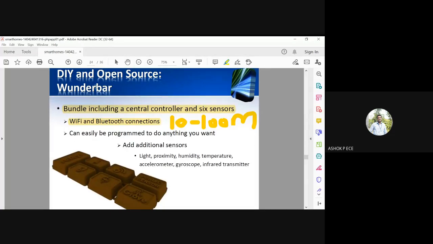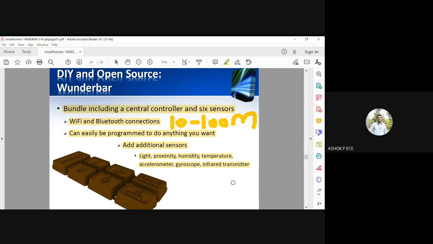This Wonderbar is also a processor which can be easily programmed to do anything you want. The additional sensors you can add are a light sensor for detecting brightness, proximity for detecting if any human presence is nearby, humidity to know how much humidity we have in daytime and nighttime, temperature of the surroundings, and an accelerometer and gyroscope for detecting the presence of motion.